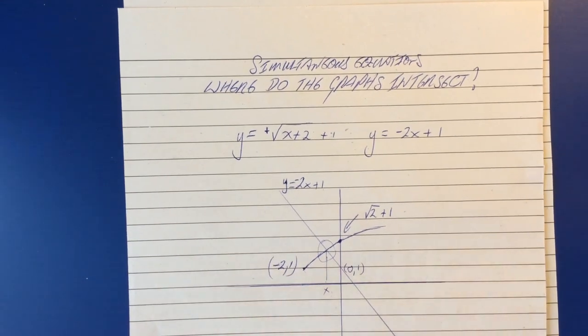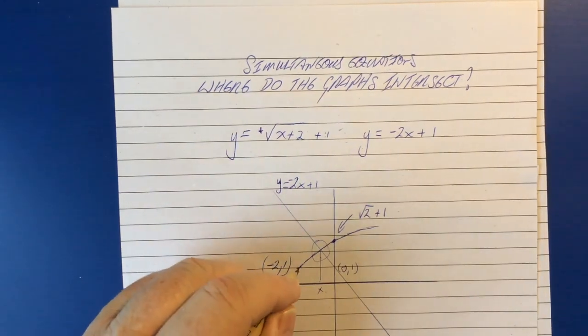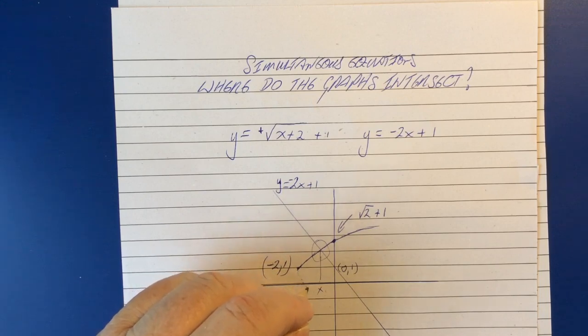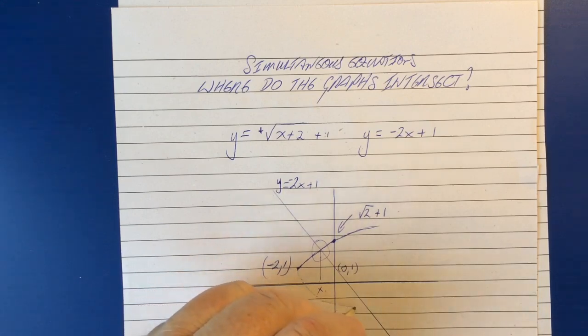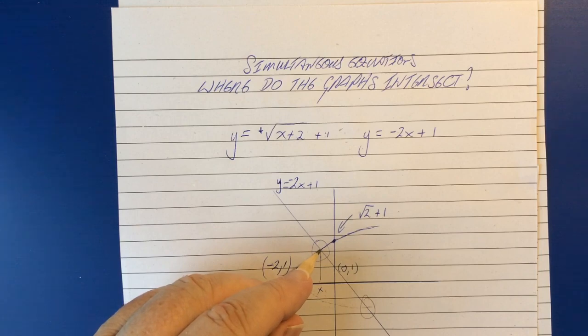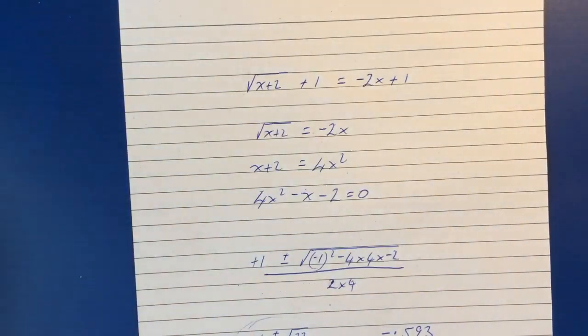And I'm just going to explain why we get a positive number for the first one of these. What the calculation assumes is that this graph continues on around here and that there's a second point of intersection down here. We're looking for the one and only point of intersection, which will be